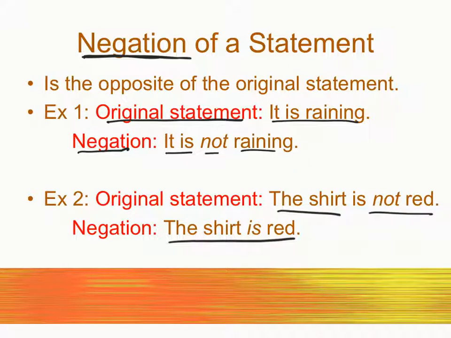The shirt is red. Be careful because sometimes people think of things like, if I say my house is on the right and I told you to make the negation, your brain tells you to go, your house is on the left. That's not the opposite of that. Saying my house is on the right, the opposite was your house is not on the right. That's taking the opposite of your statement right there. Whatever you're saying, I'm taking the opposite of that statement. I am negating it. So you're going to hear me use this word negation. It just means to take the opposite stance.